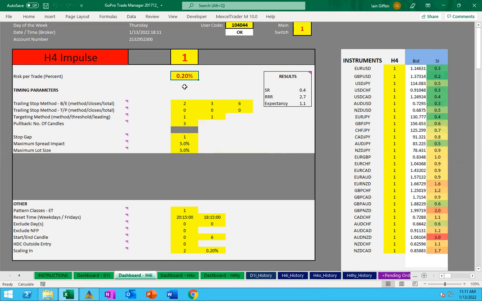So this is supposed to be a tool that will help you to increase your ability to be profitable as a trader. The cost is meant to be the cheapest money that you've ever spent, as with everything at GoPro Trading Academy. All right, so that's the one thing I wanted to mention to you guys about the Trade Manager.